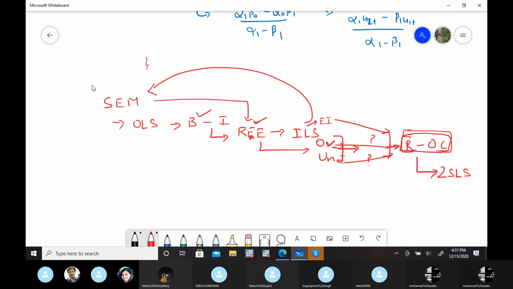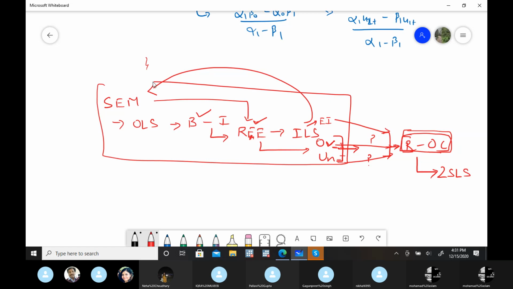But before that, does anyone have any doubt in this particular part? What is a simultaneous equation model? What are the problems with simultaneous equation models? What is the reduced form of equations? What is indirect least squares? What are endogenous and exogenous predetermined variables? What is over-identified, exactly identified, and under-identified? If anyone has any doubt, please say yes. Otherwise, I think it's enough for today.